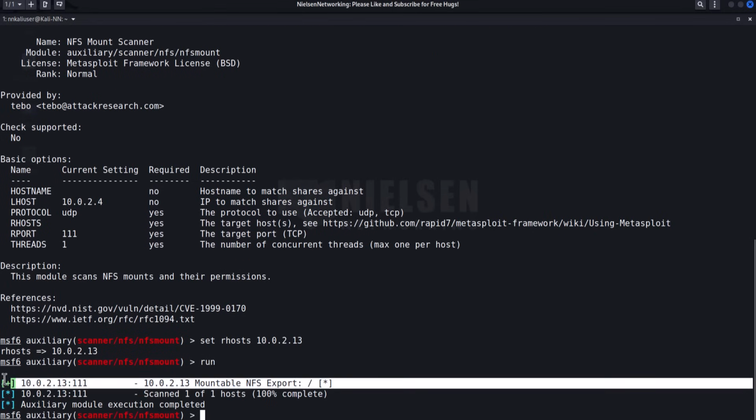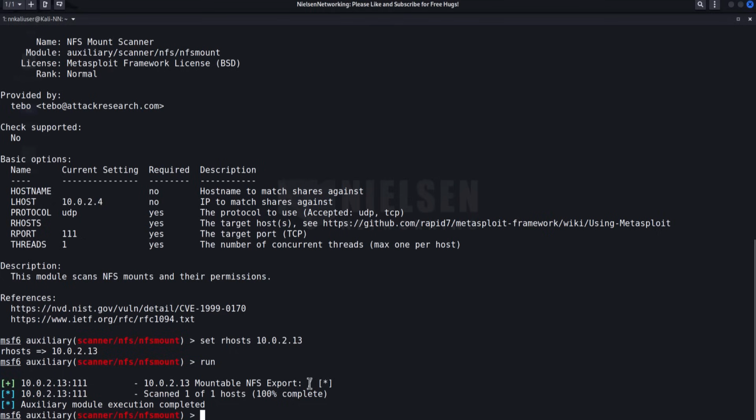And yes, it is mountable. And it's mountable right here on the main root. Not the root like the root user, but the actual root of the file system. That is beautiful. So what we're going to do now is we are going to make a directory, and you